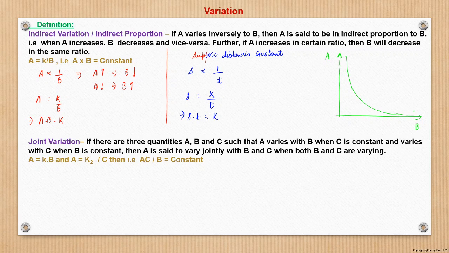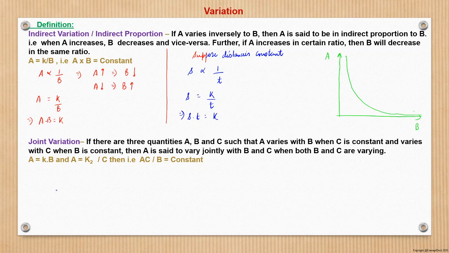If now s and t is equal to constant, so if speed increases by twice, then time will decrease by half. That is the ratio, means if speed becomes 2 is to 1, time will be 1 is to 2. Similarly, if speed reduces to half, the time will increase to double. So speed becomes 1 is to 2, so time will be 2 is to 1, right? So that proportion or ratio remains the same. That is the core idea here.